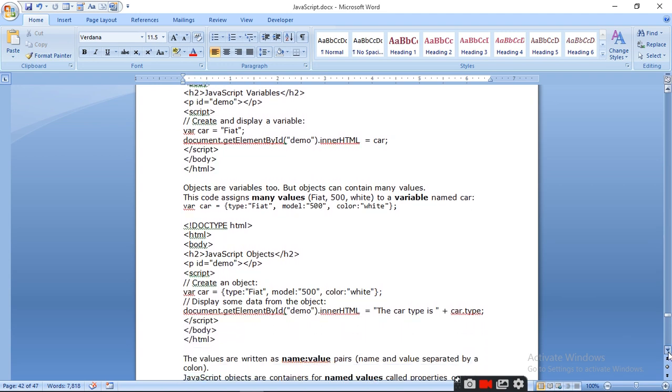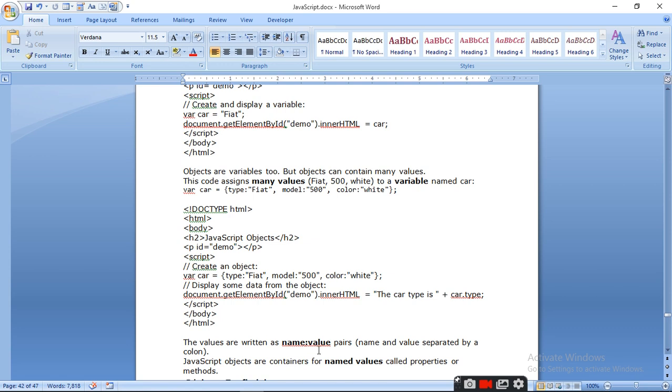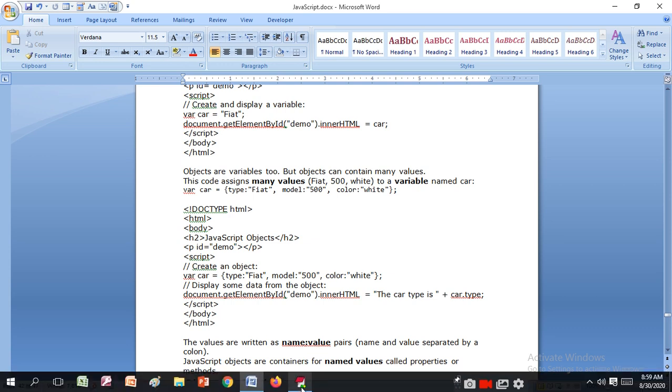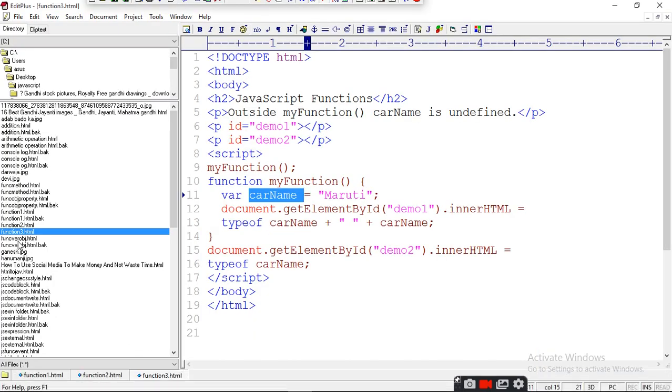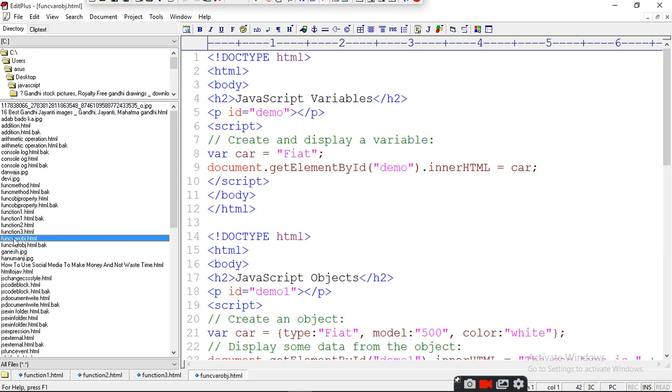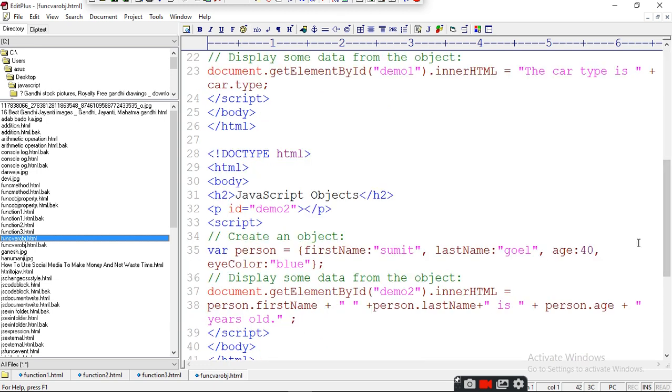So come here and write this. In the first I am describing a car as a variable, and in the second I am defining the car as an object.